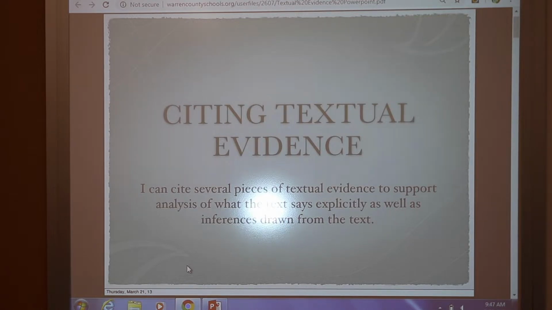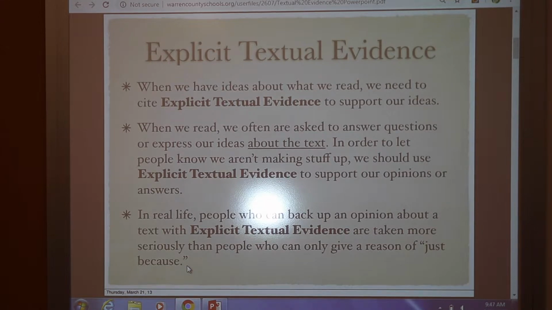We are going to first look at citing textual evidence, and the standard is: I can cite several pieces of text evidence to support analysis of what the text says explicitly, as well as inferences drawn from the text. Explicit textual evidence. When we have ideas about what we read, we need to cite explicit textual evidence to support our ideas. When we read, we often are asked to answer questions or express our ideas about the text. In order to let people know we aren't making stuff up, we should use explicit textual evidence to support our